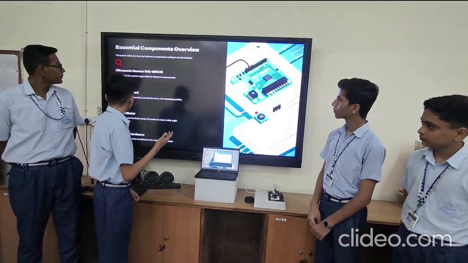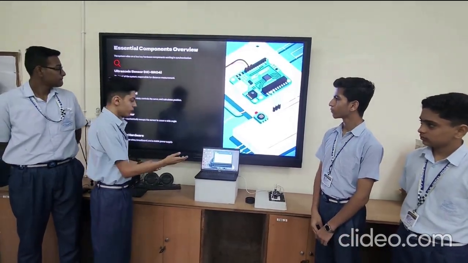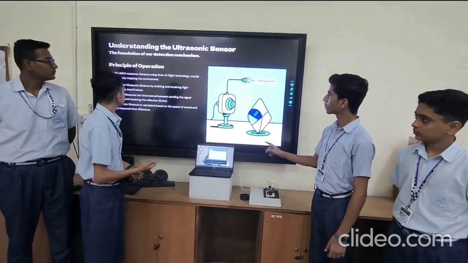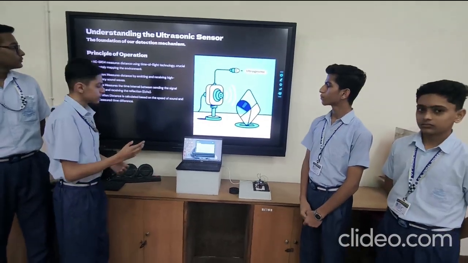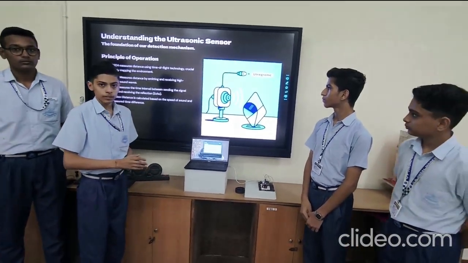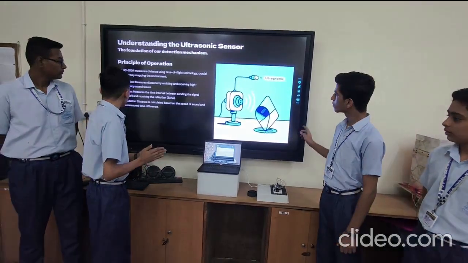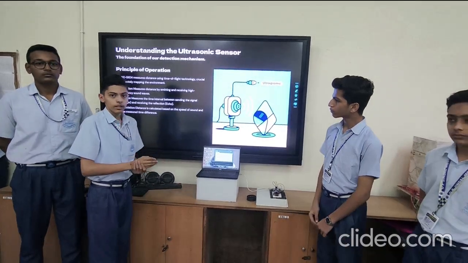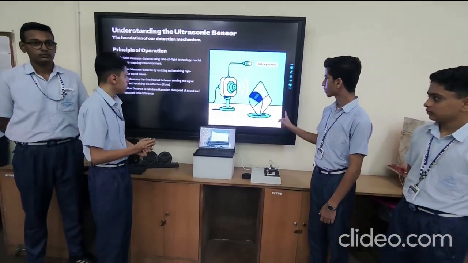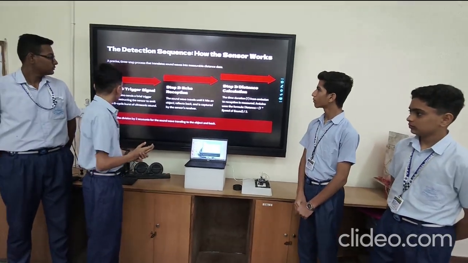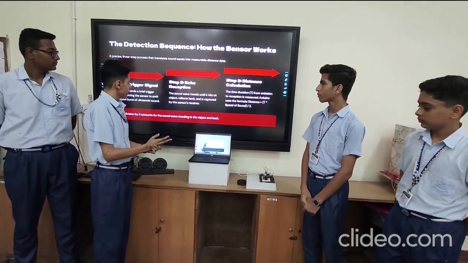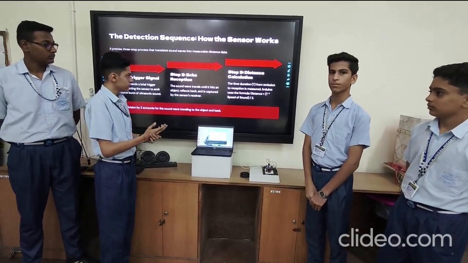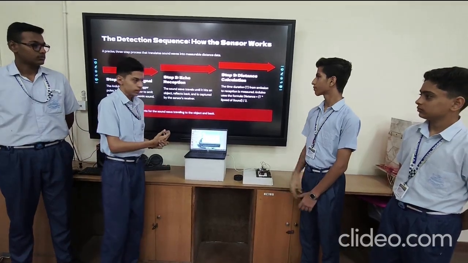The components used for this are an ultrasonic sensor, breadboard, Arduino, and some other hardware like jumper wires, etc. We use the ultrasonic sensor to measure the distance, and it gives a real-time experience of mapping. The process measures the time interval between sending the signal and receiving it, and the distance and speed can be calculated by this ultrasonic sensor also. The sequence works as follows: first the signal is triggered, then the ultrasonic sensor uses high-frequency echo sounds to measure the distance, and finally it displays it on the radar.